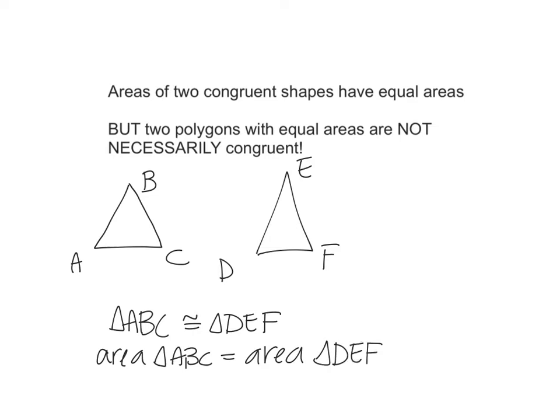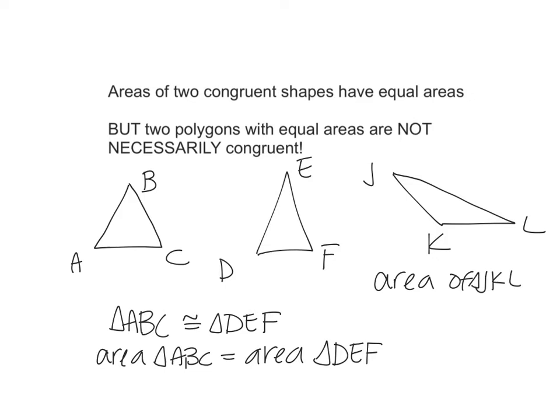Now, if I tell you that I also have a triangle like this, we'll call it JKL, and I tell you that the area of triangle JKL equals the area of triangle ABC, are those